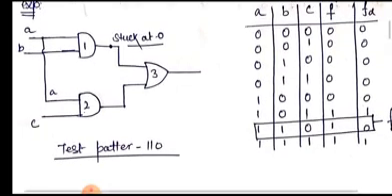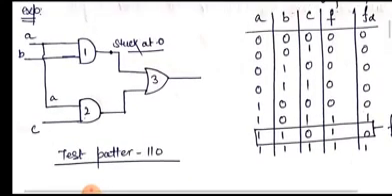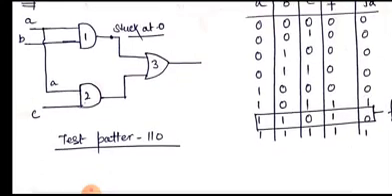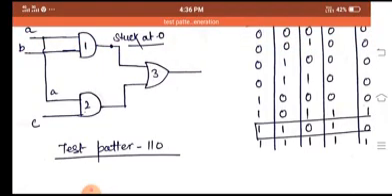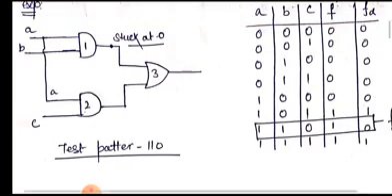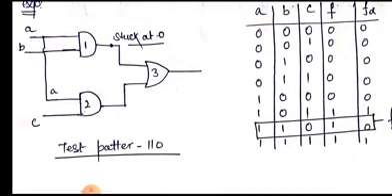A and C is also 0, so we get a 0, and the faulty output is 0, no problem at all. For the next combination, A and B is 0 1, so we get a 0, and A and C is 0 1, so we get a 0, no problem at all. A is 1 and B is 0, we get 0, and A is 1, C is 0, we get 0. A is 1, B is 0, we get 0. When A is 1, B is 0 and C is 1, we get a 1 output, because the OR combination will provide the 1. The faulty output is also 1, because stuck at 0 only affects the first gate output.